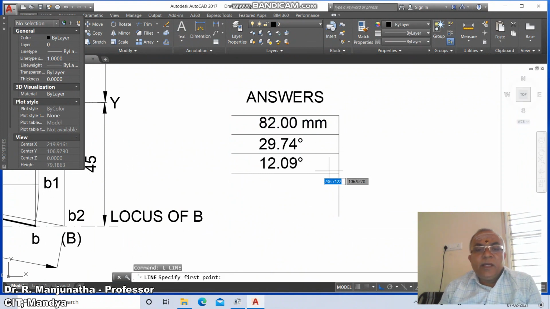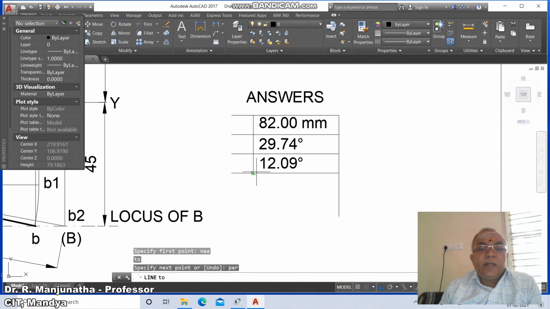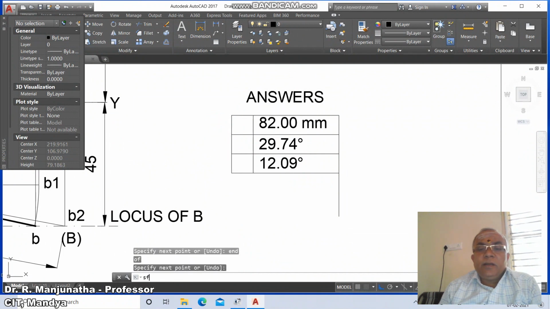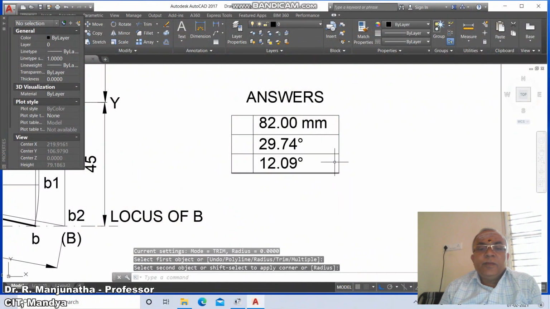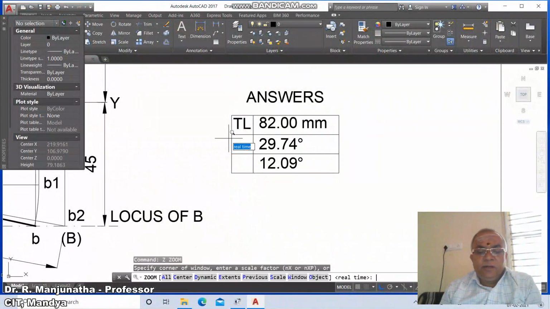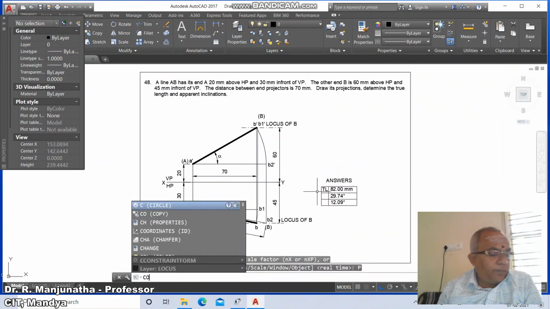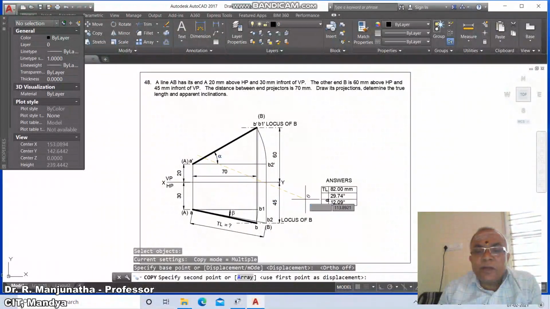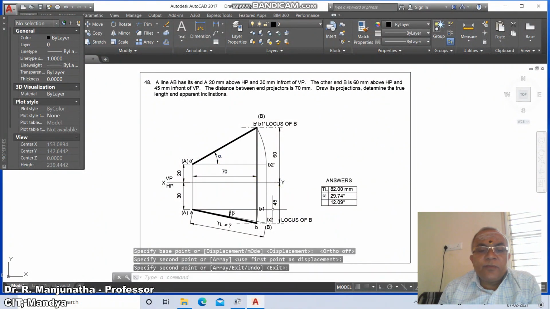Now here line, go to nearest and say perpendicular, and here line end of this to end of this, and here you go to fillet between this line and these two, and here you go to true length, type it as true length, and here you mark this as a copy, select this and you make it this as alpha and you make this as beta.